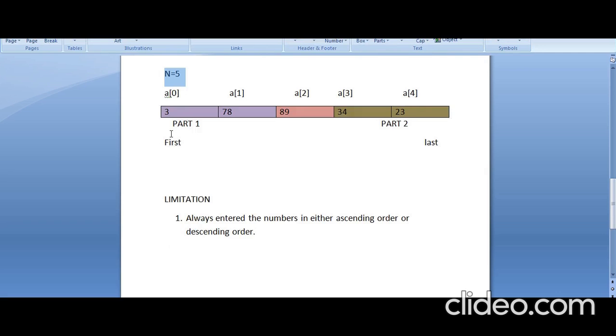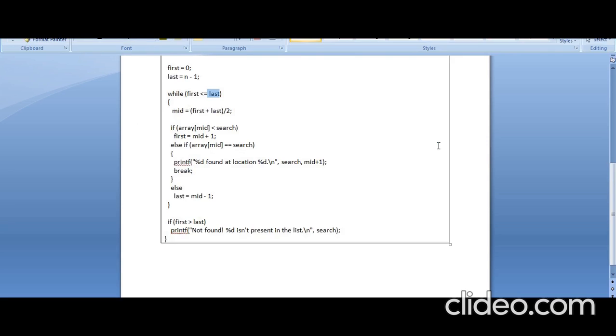So first will always be lesser than the last value. So while first is less than or equal to last, we are going to find it. This is the scope of the loop.